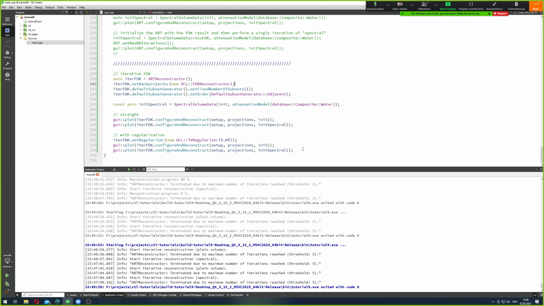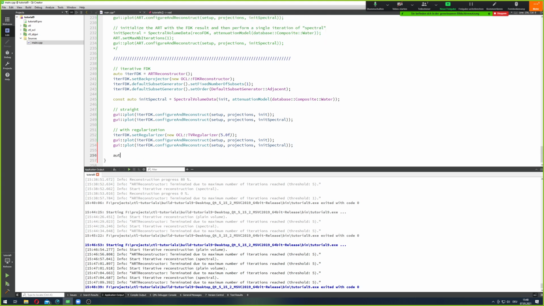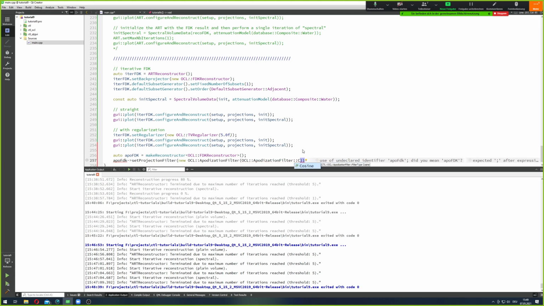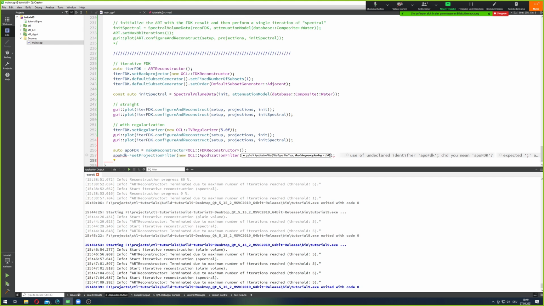And for that purpose, we would probably do something like that we first of all create our FDK, maybe we make it a bit cleaner for this purpose here and make an FDK reconstructor here, and then set the projection filter to an apodization filter. And I've not tested that, if that really provides nice results, so it's just an experiment here. I don't know, maybe we don't put it that strong as previously, maybe put it to let's say 0.75 maybe, and then